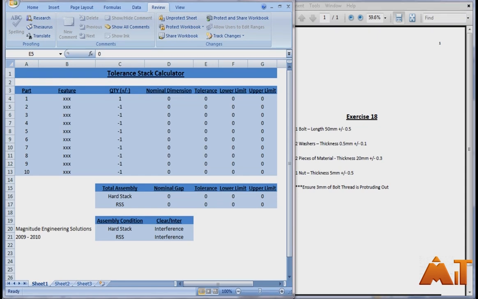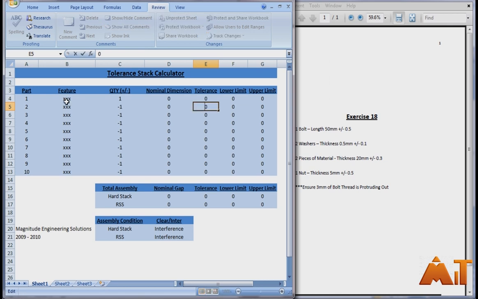This tutorial is exercise 18. Now to start off, open up the exercise 18 PDF file and the tolerance stack calculator. So what we're going to do in this tutorial is another tolerance stack calculation, and what I want to show you in this one is how to manipulate your parts afterwards to make sure that you get